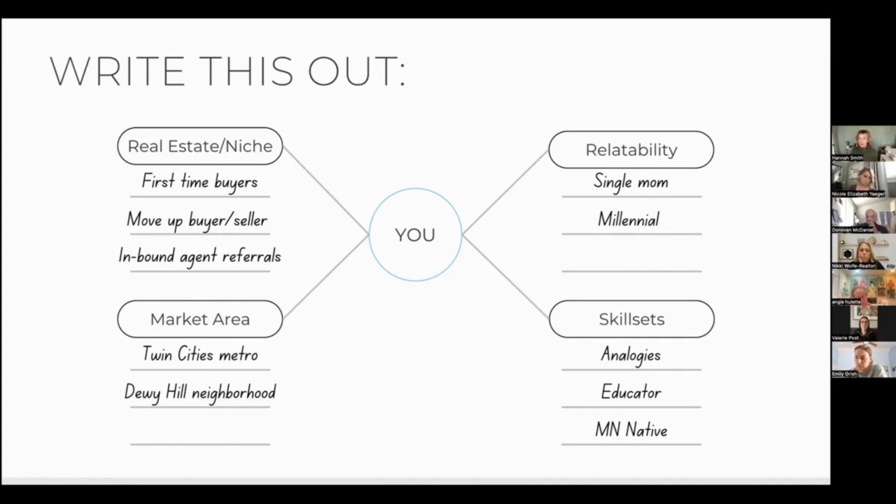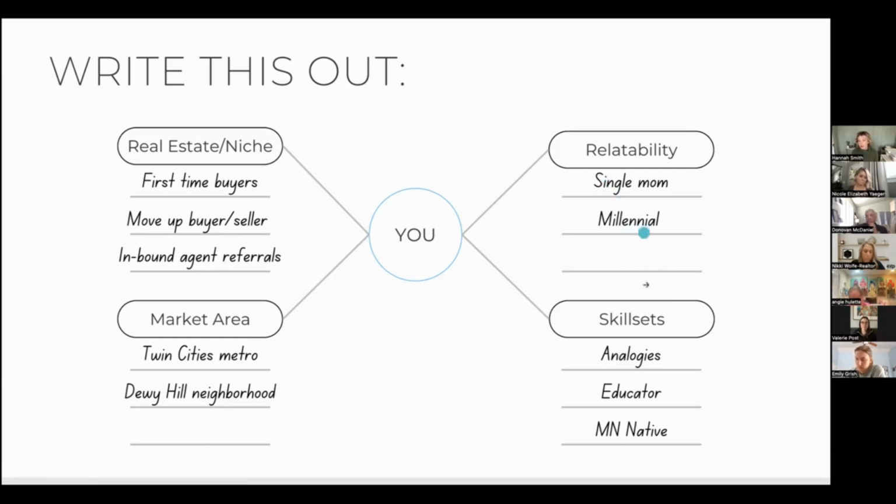So you can ask the people around you or people that you work with, or even your spouse, your partner, what is Hannah good at, right? And ask them, what would you say? And you'd be surprised that some people might say something completely different than what you're thinking you're good at, right? And that way you can fill out that section, because I know for some personalities, it's harder to write down what you're good at, right? It's harder to give yourself credit. So if you have to ask people around you, do it. And then relatability, that could be anything.